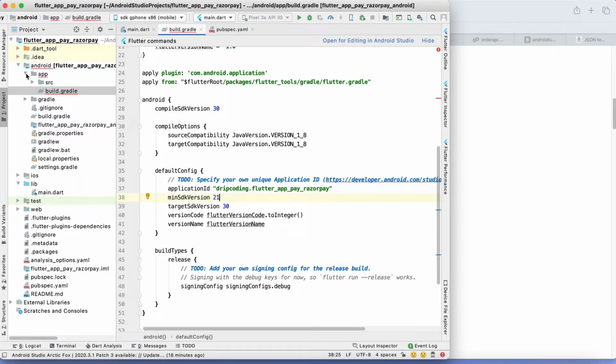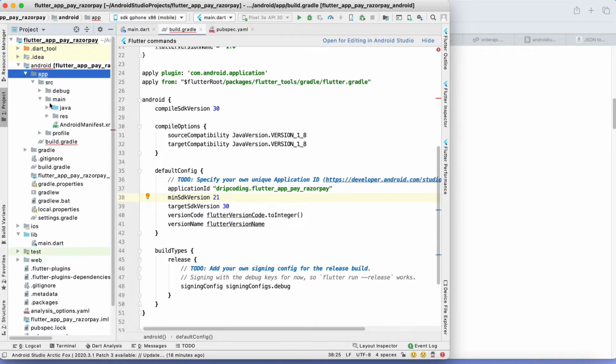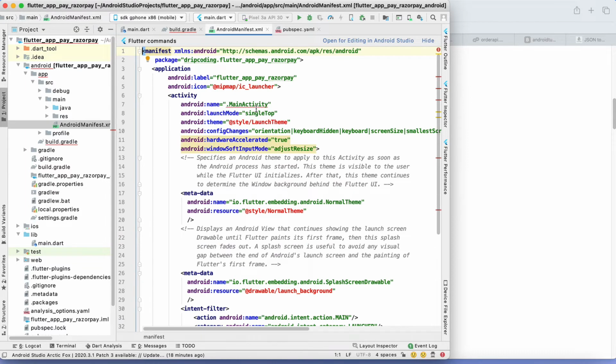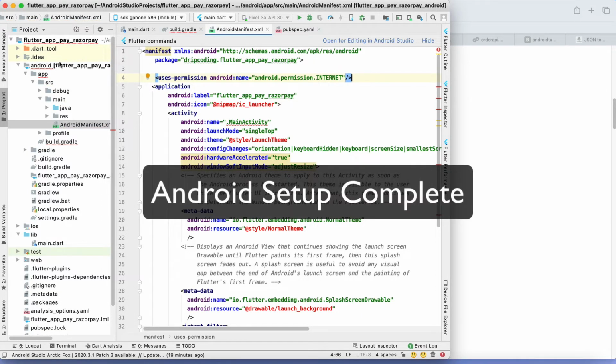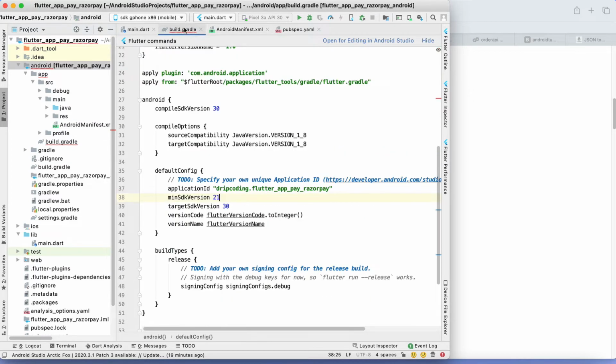And one more thing: inside app, src, main, the AndroidManifest file, just add the internet permission. So for the Android folder you need to follow these two steps: the minimum SDK version and adding the internet permission.